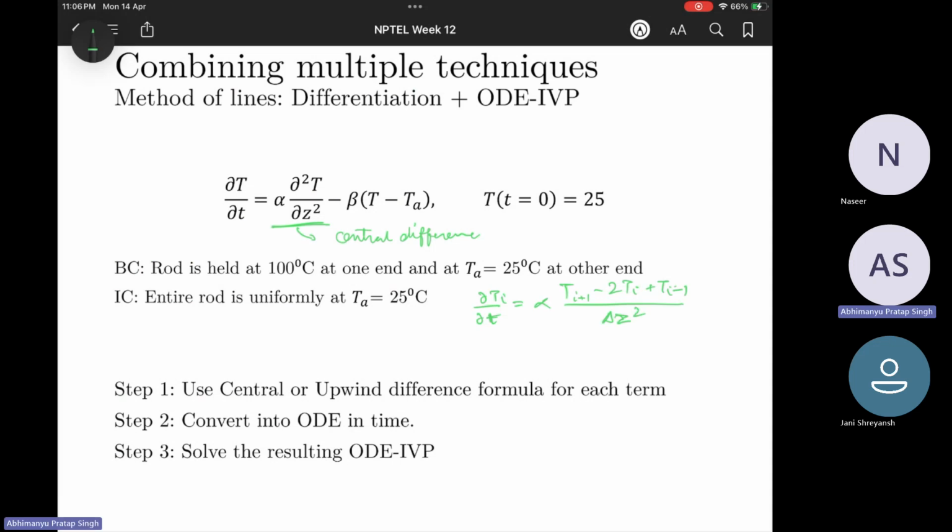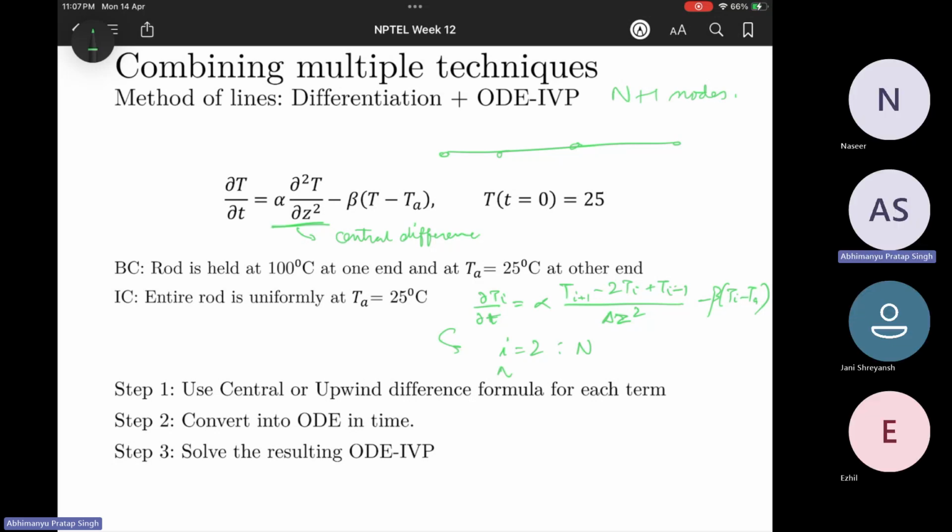this will be valid from i equal to 2 to n. If I am distributing it in n number of elements, I will have n plus 1 number of nodes. So this equation will be valid from the second node to the nth node. At the n plus 1 node, I will use the backward difference formula,